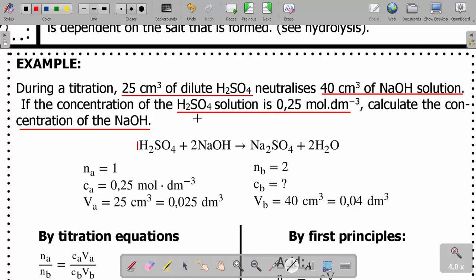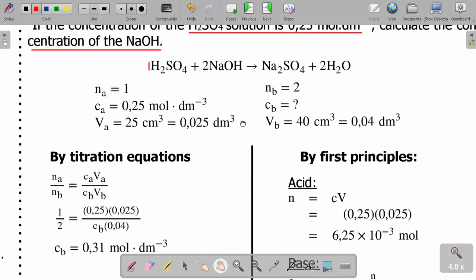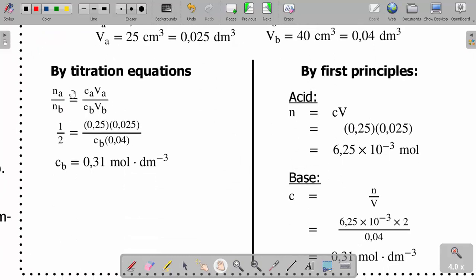And then the C for the base is what I'm looking for. Volume for the acid used is 25 cubic centimeters, but I must divide by 1,000 because I must have it in decimeters cubed. That's why it's like this. And then the volume for the base, it was 40, which is going to be 0.04 decimeters cubed as well. So now, after having this information, I have got two methods to use. I can either use the titration equation, that is to say Na over Nb equals CaVa divided by CbVb. I'm substituting. Now I'm looking for Cb here. Then if I cross multiply, I can surely get